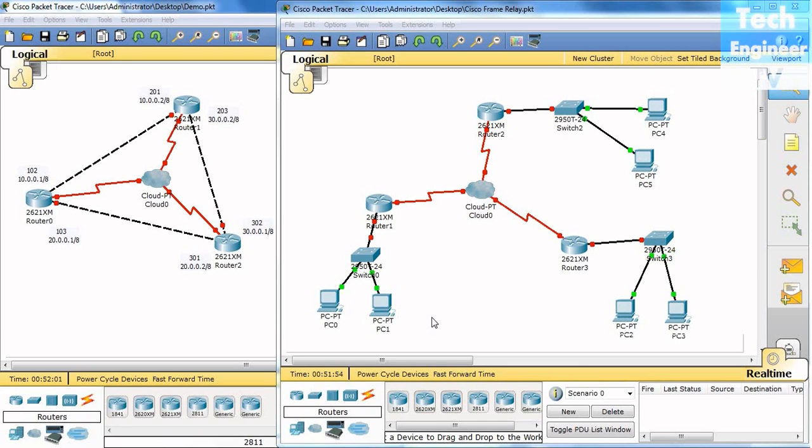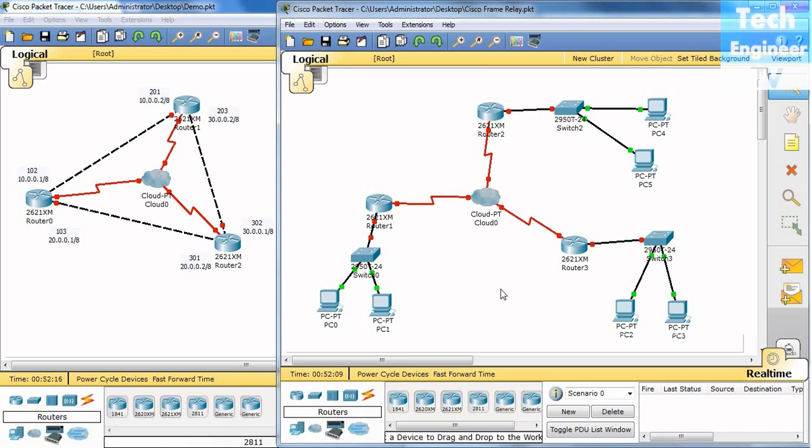In this tutorial, I'm going to discuss multi-point frame relay. It's different from point-to-point frame relay. A basic difference is that in point-to-point frame relay, we divide the serial interface into many sub-interfaces, but in multi-point we just give one IP address to a serial interface, and no matter how many different networks there are, we can